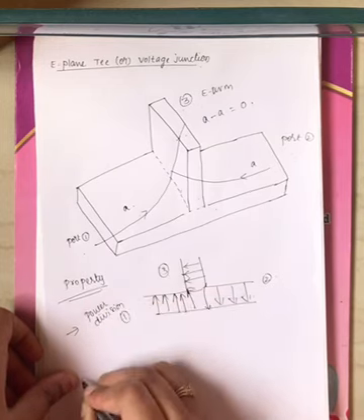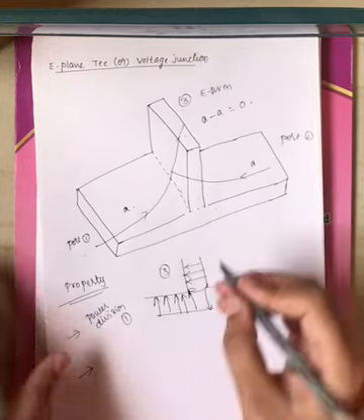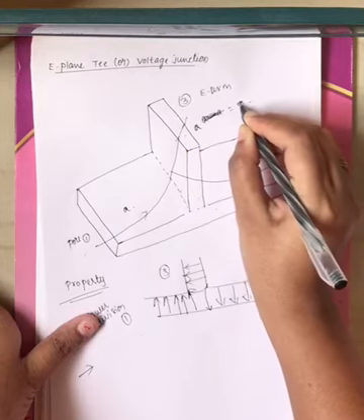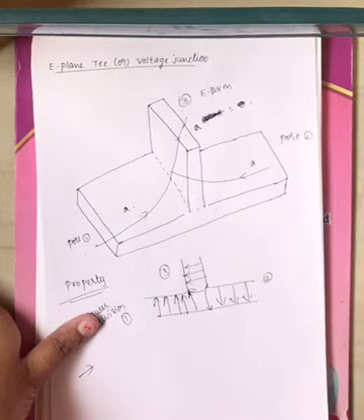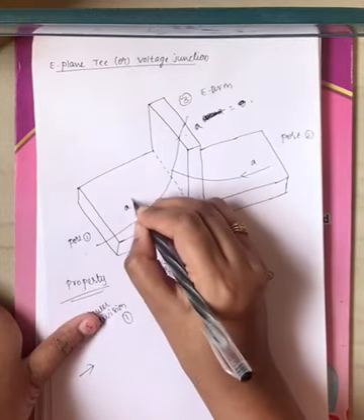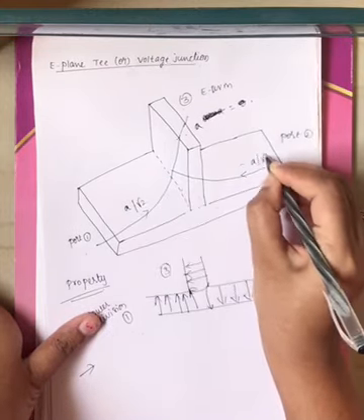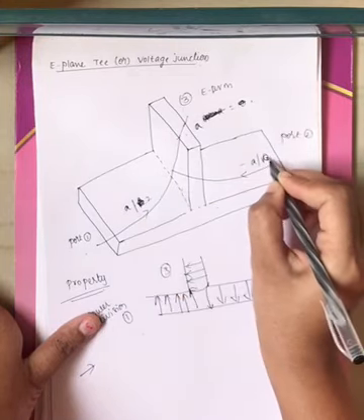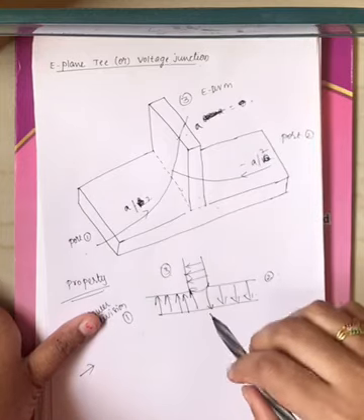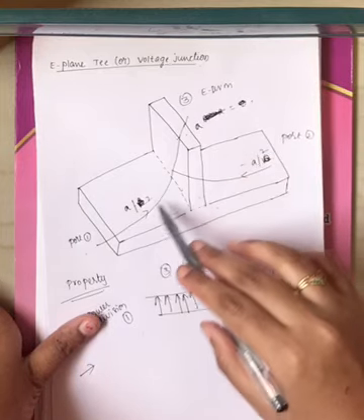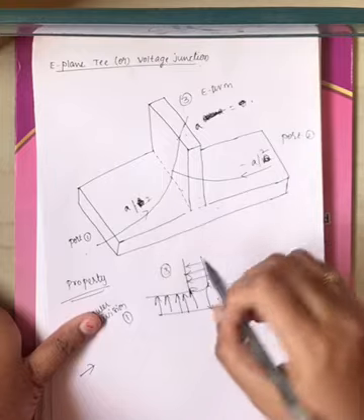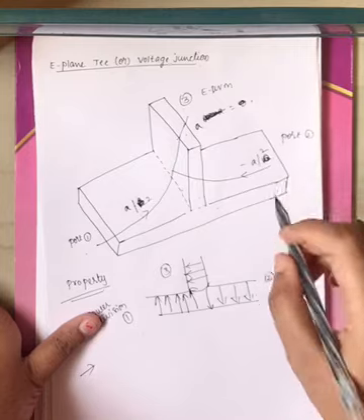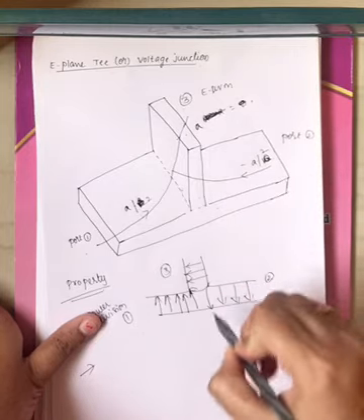Now coming to another property. If I give input power from port 3, let us assume some amount of input power A, the output is A by 2 and minus A by 2. If I give input power from port 3, output is collected from port 1 and port 2, which are out of phase by 180 degrees. Here you will get A by 2, here you will get minus A by 2. Why? Because the electric field lines change there.